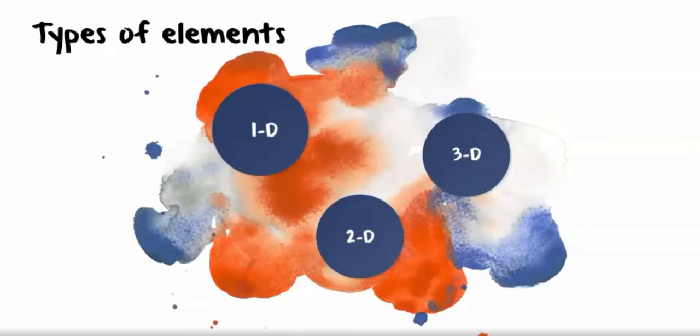In any CAE software, we always have a question: which type of elements can be used while performing analysis? It mainly depends on the geometry of the component and the accuracy we are looking for. In real life, there are no 1D and 2D components, but we do use them because the results are faster than 3D components.